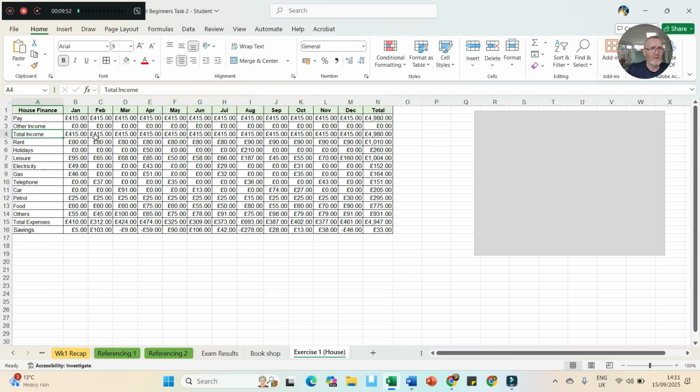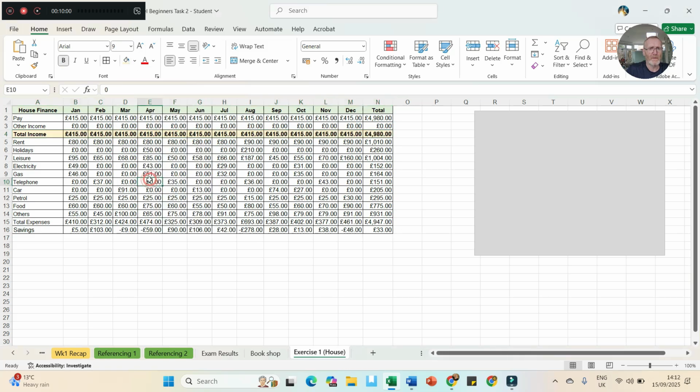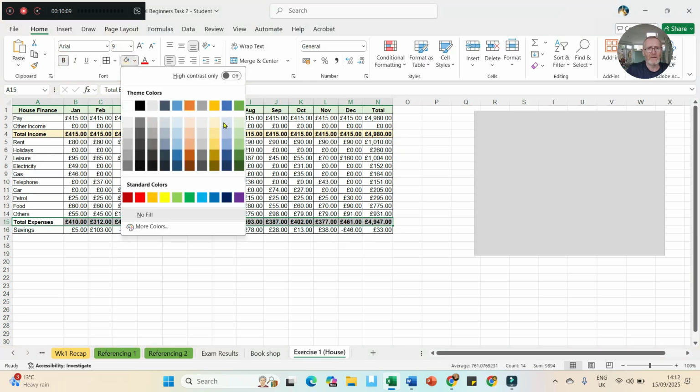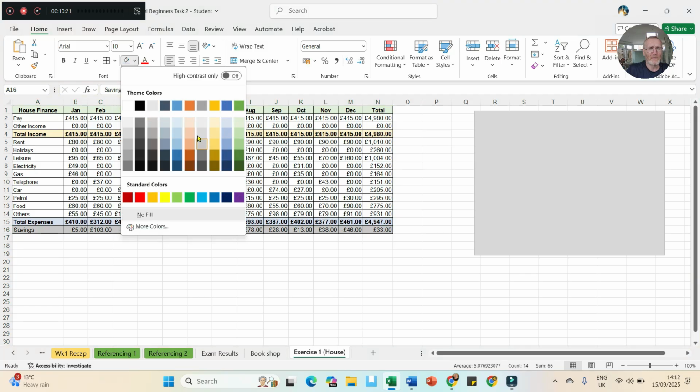The total income, I'm going to make bold, and I'm going to give that a different color. The total expenses, I'm going to highlight that, make that bold, and give that a different color, as with the savings. Okay, and give that a different color. Okay, maybe